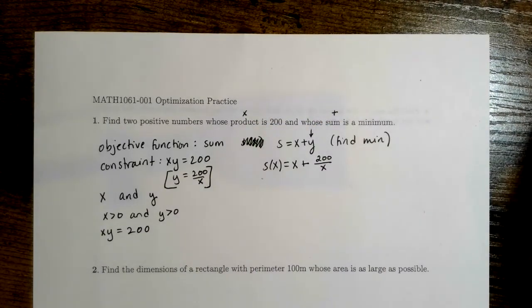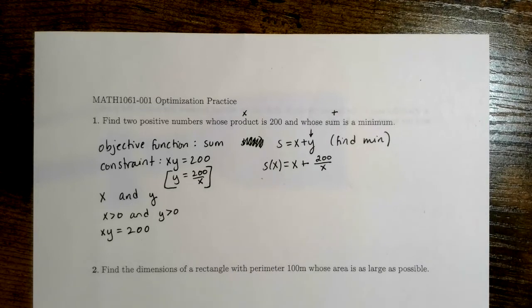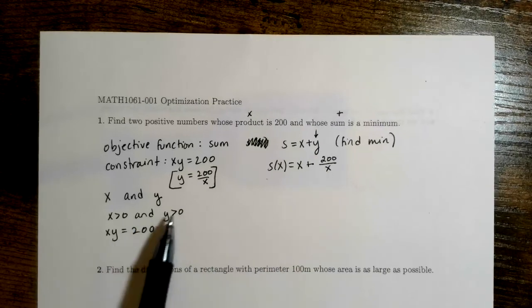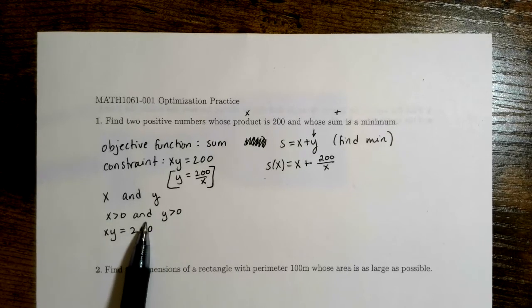So now from here, I can just find the location of the global minimum of this function, and that's going to lead me to my answer. It works like a normal minimum problem from here on out. We do technically want the global minimum within this extra piece of information, so we can ignore any negative input. All right, so I'm going to start by finding the critical numbers, and then I'm going to use, we have three options: first derivative test, second derivative test, or closed interval method. I'm going to use the first